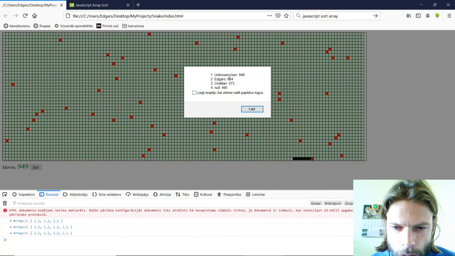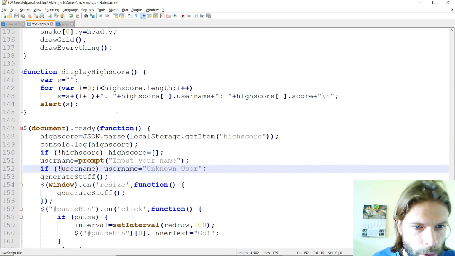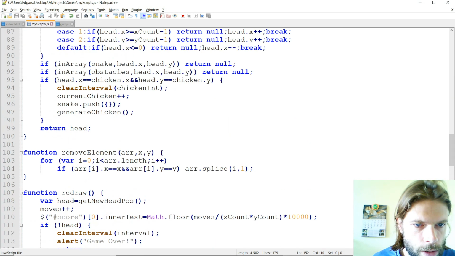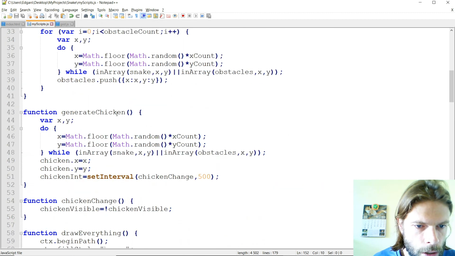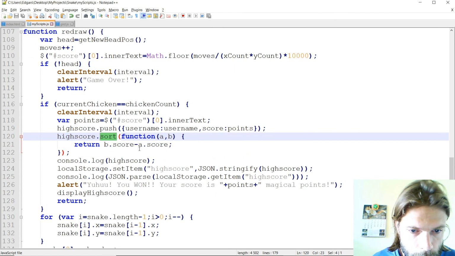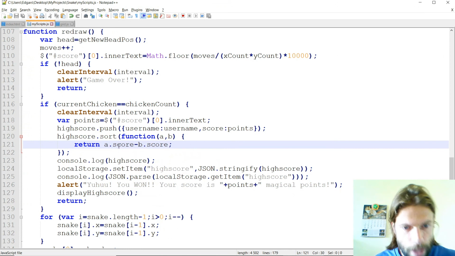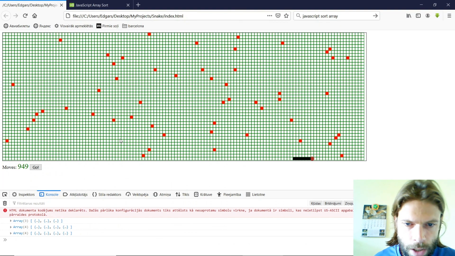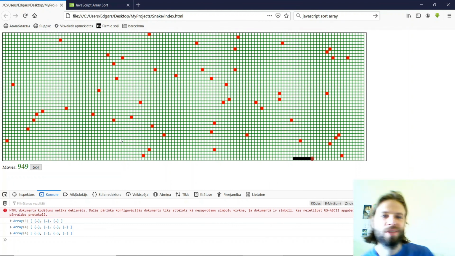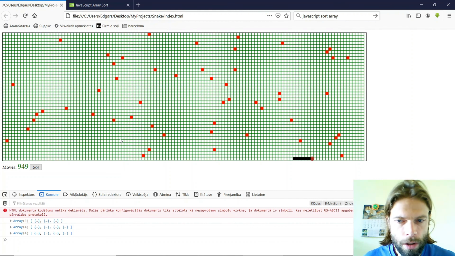Okay. Oh, so we are sorting it in the wrong order. The first place must be the user with the less points. So where was our sorting function? Here. So a score minus b score. Okay, and I think that's it for today. We have implemented our sorting algorithm. The sorting algorithm was just a means, but we have implemented our high score table and the user name entering thing,